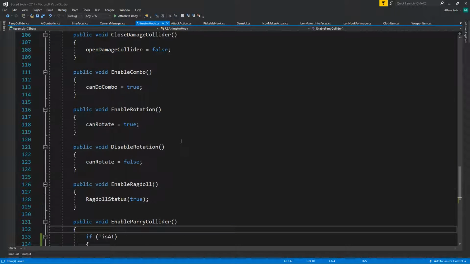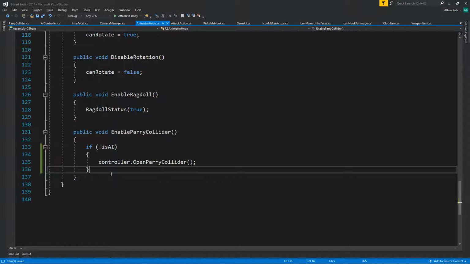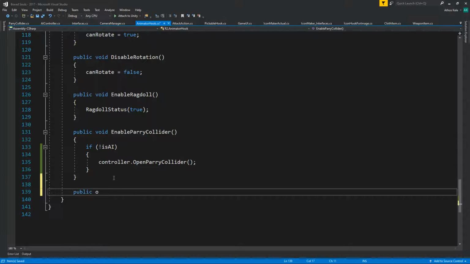And since we're here, we can have the public void can be parried, or enable can be parried,